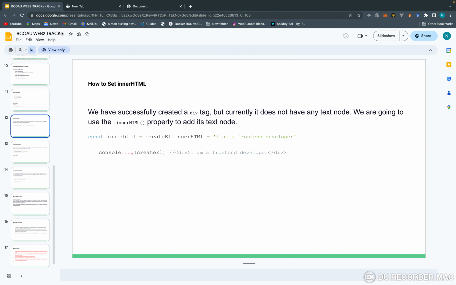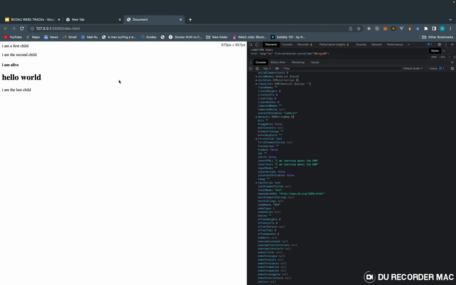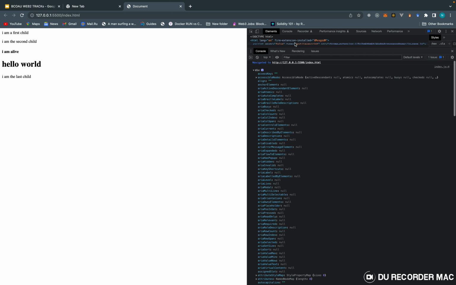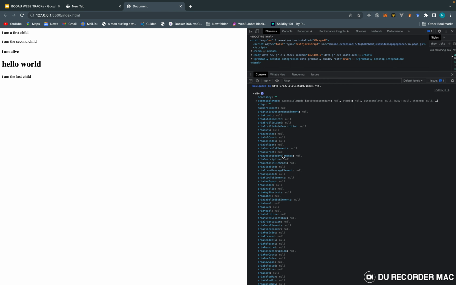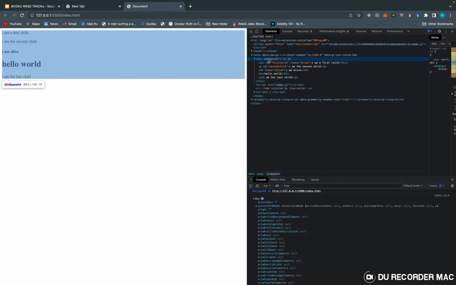Now let's go on to appending an element to the DOM. So now we want to append that element that we just created to the DOM. What we want to do now is append it to this parent element right here. So to append to the parent element,